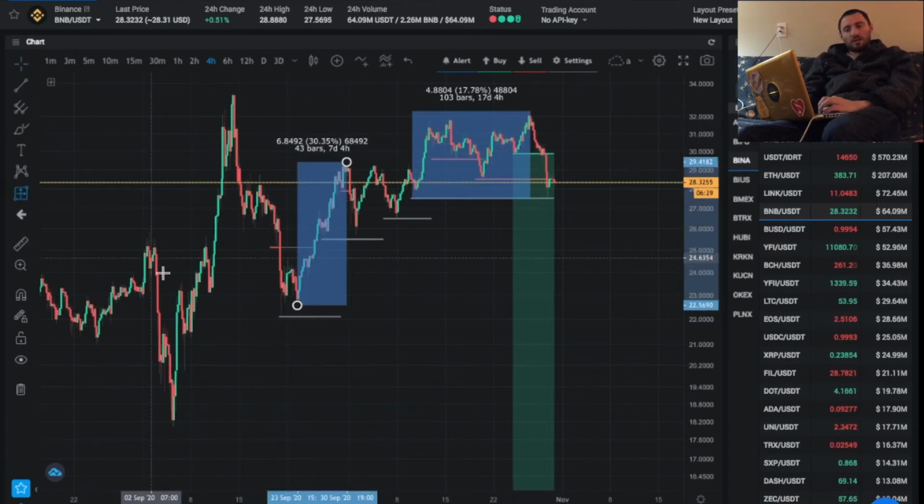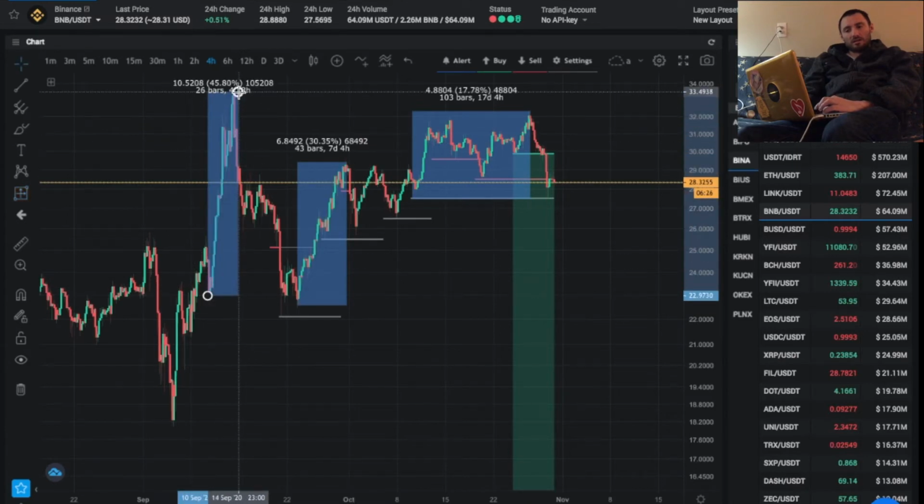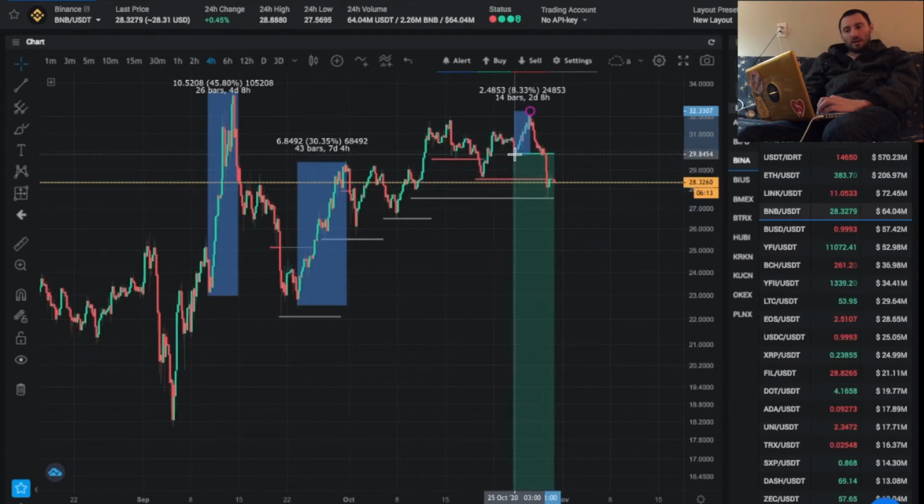What do you think, that we're done doing these bounces? That from now on the bounces are going to be only 12%, 8%? No, you're being fooled into thinking that these are base cracks, and they're just not the average bounce